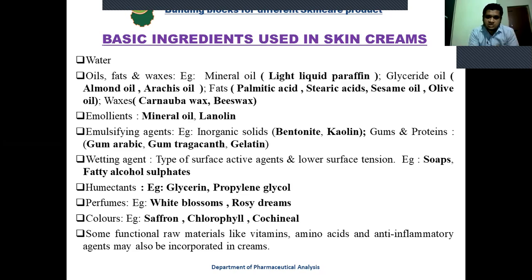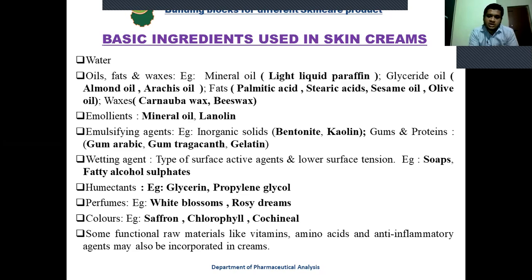So suppose we want to add a hydrophilic drug in water, that will be very easy. If the drug is hydrophilic and you are adding it in water, they mix properly, because both are polar, so easily they can